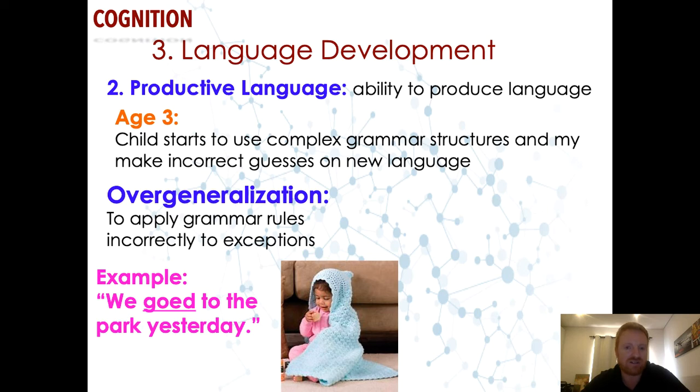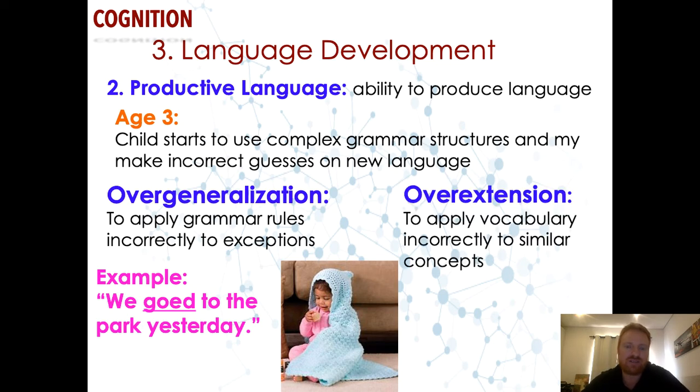And they're wrong in doing that, but what's fascinating is that they know that they need to apply this rule to all verbs. No one has told them that. No one's given them grammar lessons. They just automatically know what is a verb, and I need to put an ed on the verb in the past tense. And so when they make that mistake, we recognize, wow, they're not just copying parents, because if they just copied the parents, then they wouldn't make that mistake. They're processing it. They are basically being creative with the language. And we see that with the mistakes that they make. But they're built for it.